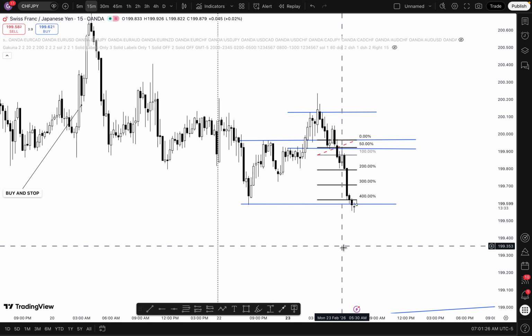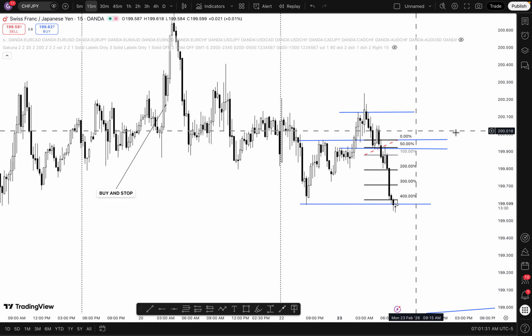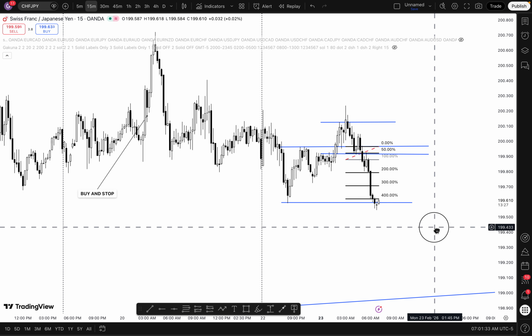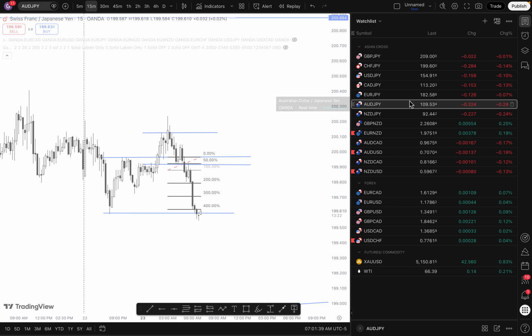So this is it here. This is how it looks. You can see that opening range reversal. Okay, now I gave a signal on Aussie JPY to sell Aussie JPY, which is more risky than the CHF Japanese